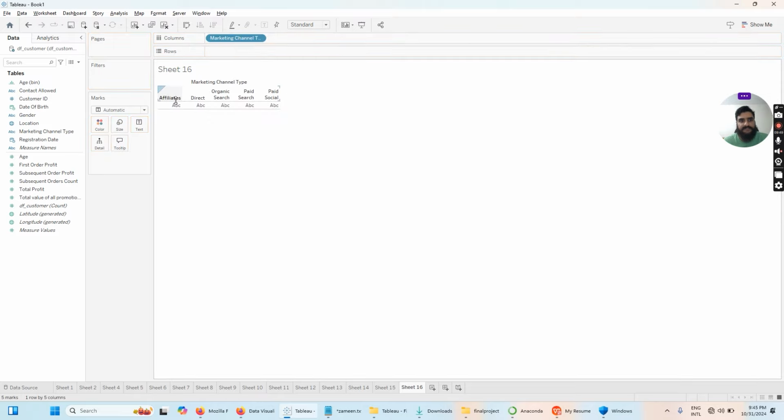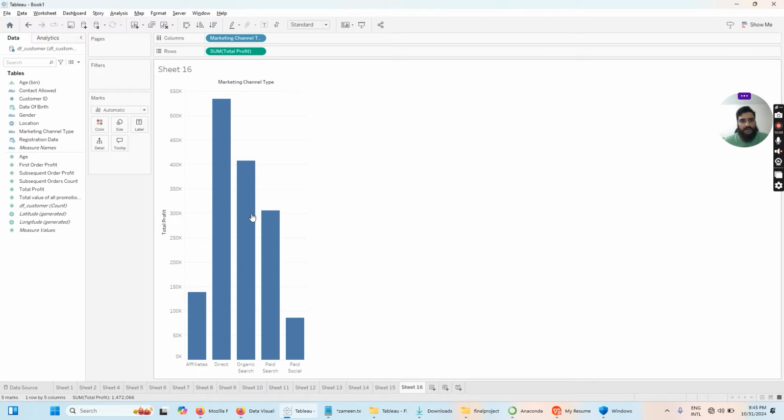Now you can already see that we have affiliates, direct search, paid search, and paid social. Now in order to plot a bar chart, we will take total profit from the data plane and place it towards the row shelf. Now you can already see that we have our plot, but this plot is not